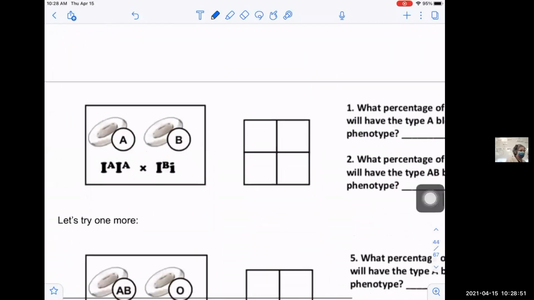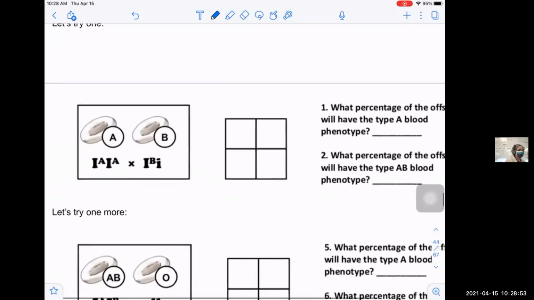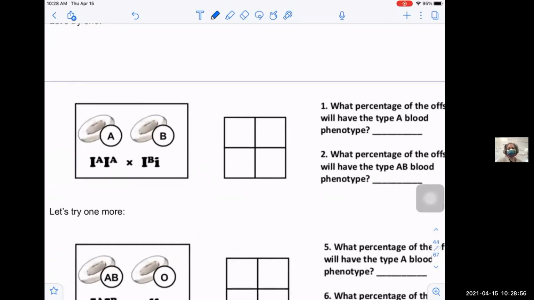All right, so let's fill in a Punnett square using our new skill of using superscripts. So we're gonna cross somebody that's type A with type B. And I wanna remind you here that when sperm and egg form, these two alleles are still gonna separate. They're just taking their superscripts with them this time. So this person can pass on a dominant A or a dominant A. Since they're homozygous, they're only going to pass on one type of allele. And then this person being heterozygous can pass on dominant B